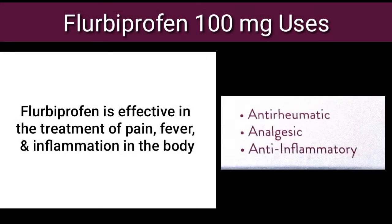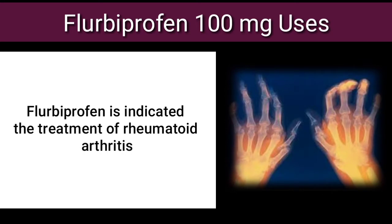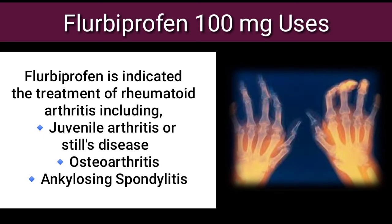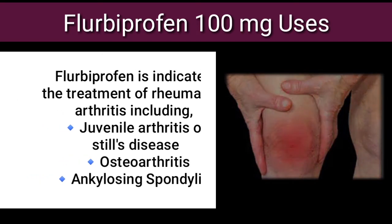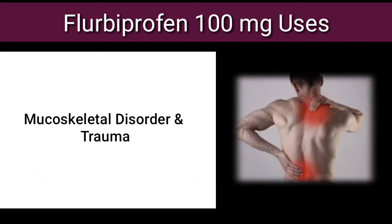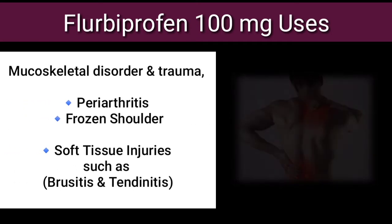Uses or indications. Flurbiprofen is effective in the treatment of pain, fever, and inflammation in the body. Flurbiprofen is indicated for the treatment of rheumatoid arthritis, including juvenile arthritis or Still's disease, osteoarthritis, ankylosing spondylitis, musculoskeletal disorder, and trauma such as periarthritis, frozen shoulder,